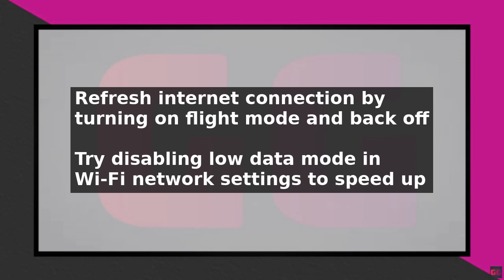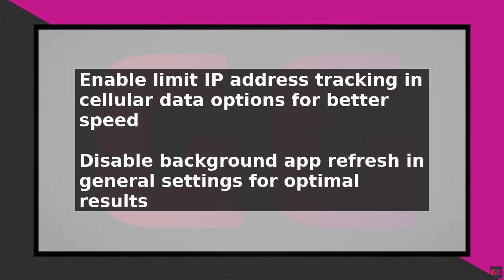First, disable low data mode by going into your device's settings, clicking on Wi-Fi, and then selecting the info button, which looks like a blue eye. In your Wi-Fi network settings, find the low data mode option and turn it off, making sure it's gray and